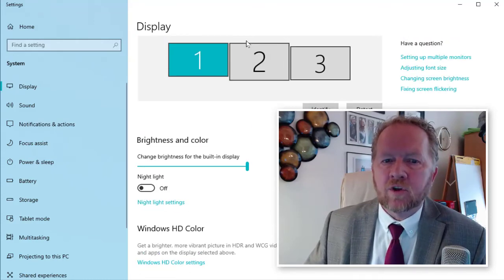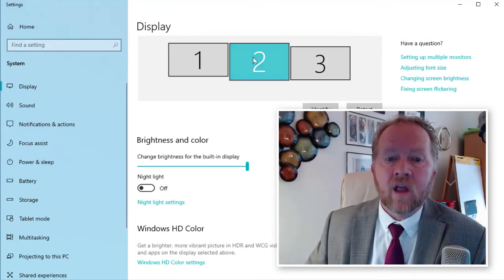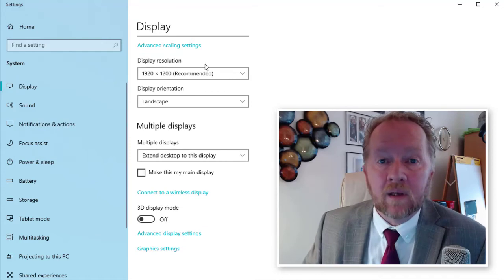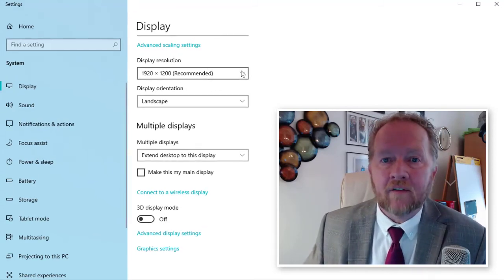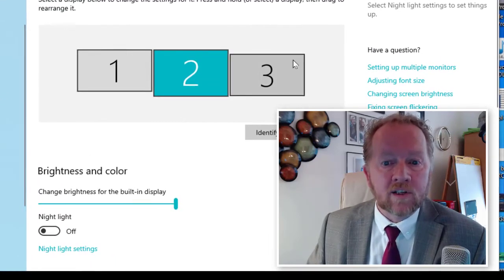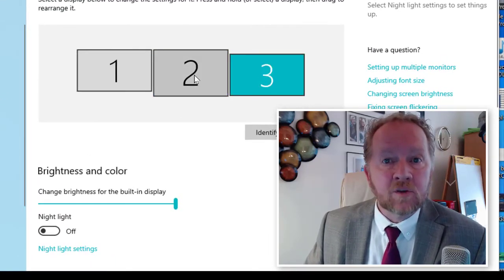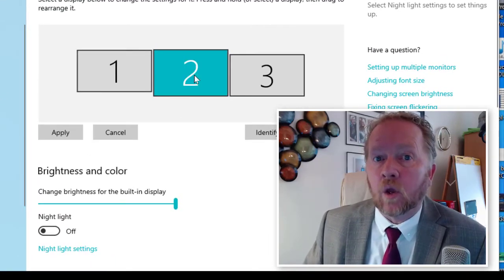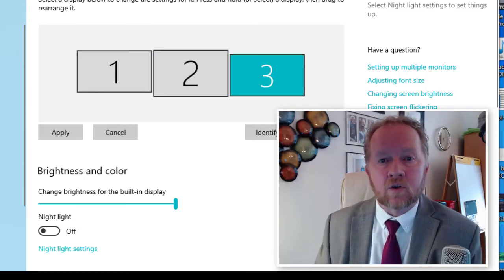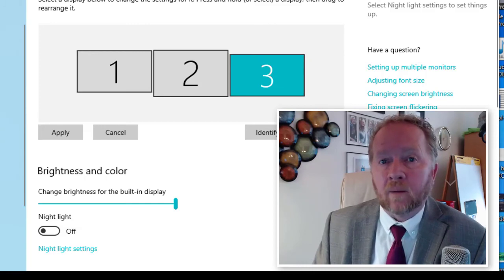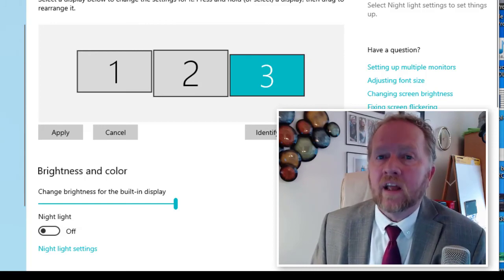Resolution is always going to be shown if you click a given monitor and you scroll down to it. It'll say what the recommended resolution is. That's very often the highest resolution. However, if you have a projector with low resolution and then the other display with high resolution, it will default to the lower resolution. And that's not significant, except that if you notice all of a sudden you have less real estate on a presentation screen than you did before, it's because of that fact.